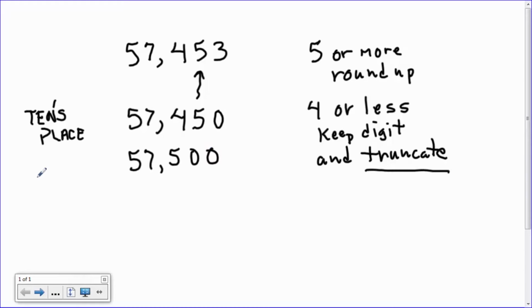So if I round to the hundreds place, and instead of using the literal representation, I'm going to use the numerical representation, hundreds place. If I round to the hundreds place, the number 57,453 becomes the number 57,500. Now, if I round to the thousands place,